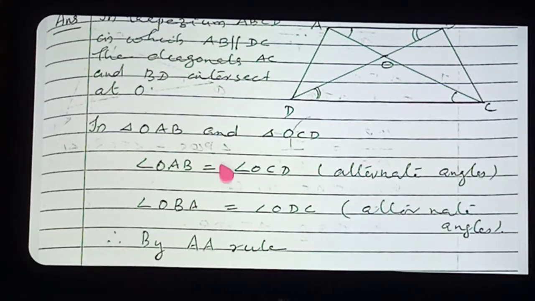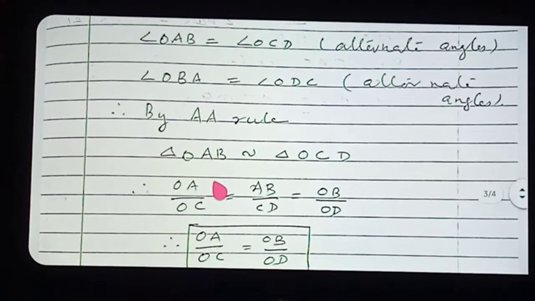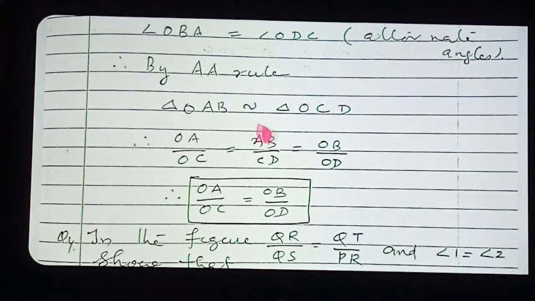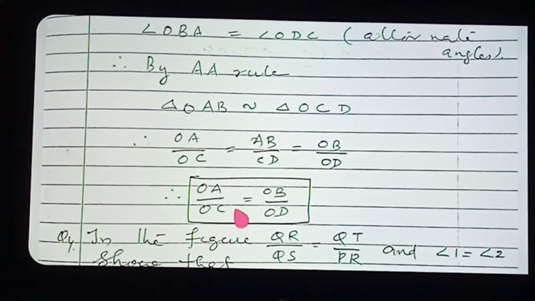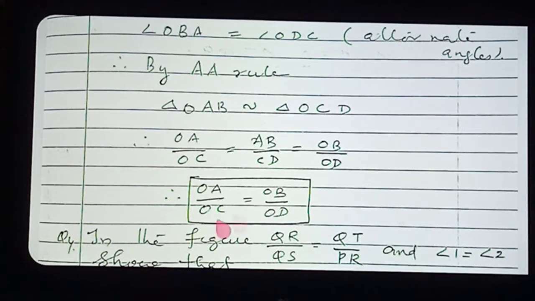Okay, students, go through the points once more. So, these two triangles are similar. Therefore, what have we taken? All corresponding sides are in the same proportion. Therefore, OA by OC is equal to OB by OD. Which we need, that only you connect. So, we proved OA by OC is equal to OB by OD. Okay, move to the next question.